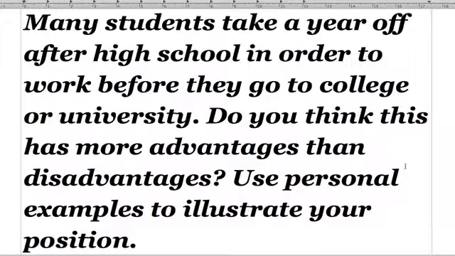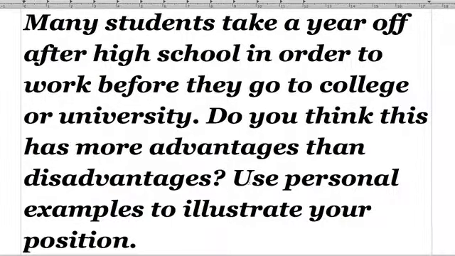Okay, so the question is very straightforward. The instruction words are asking us to choose a side, whether it be advantages or disadvantages. And of course, you could take the middle ground. I always advise candidates not to do this because the wording patterns that are required are a little bit more complicated, and it just increases the chance of minor grammatical issues, which could lead to the loss of a few marks towards your final band. We're being told to use personal examples, so we'll have to be sure to do that.